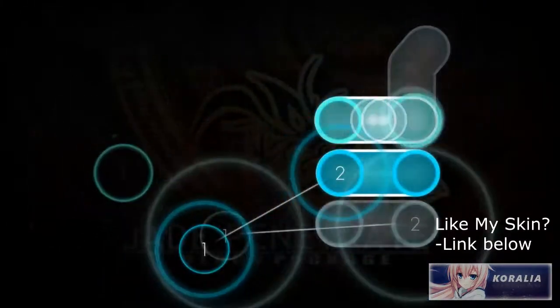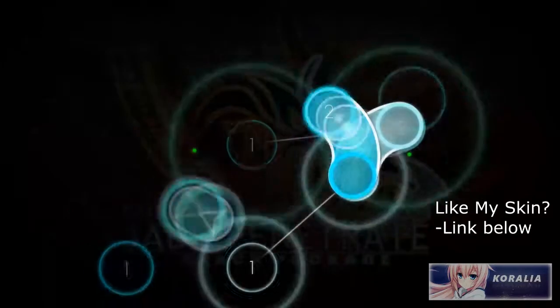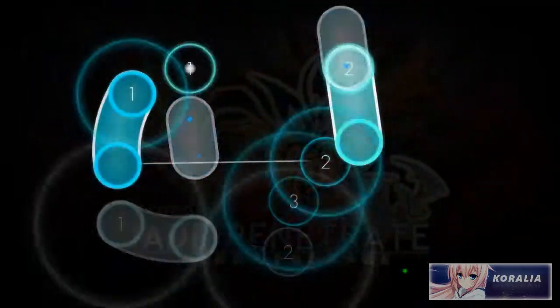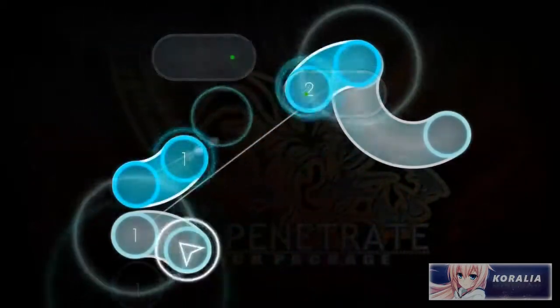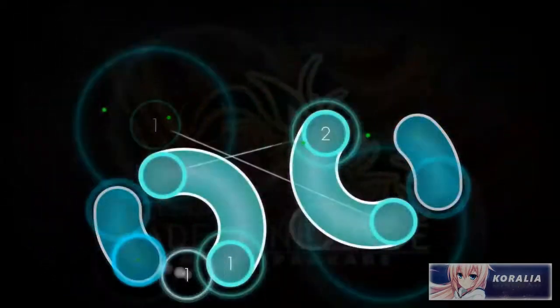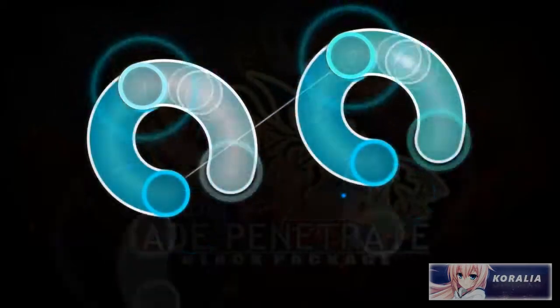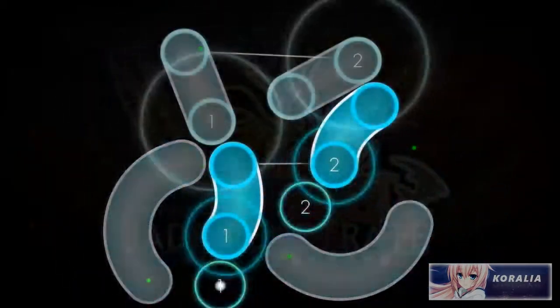But anyway, basically I'm going to be talking about what is better, mouse or tablet, or pretty much just any medium, and I'm also going to be discussing what I personally use and find good for me. So pretty much I'm just going to talk about what most players start out as.